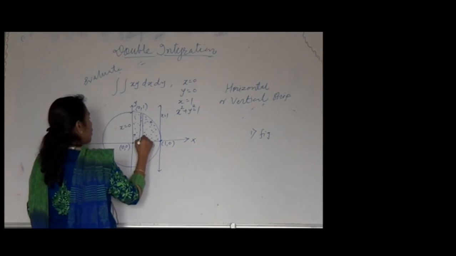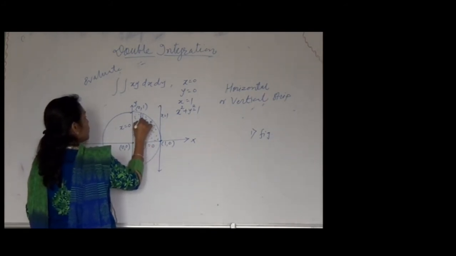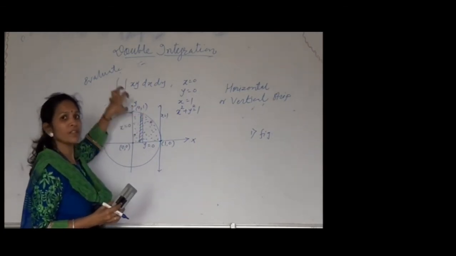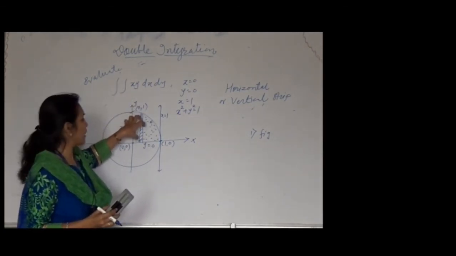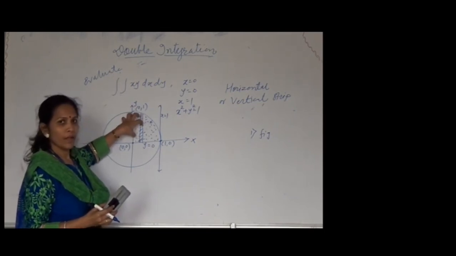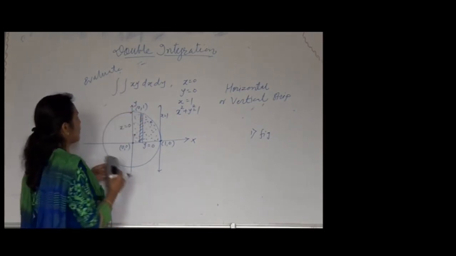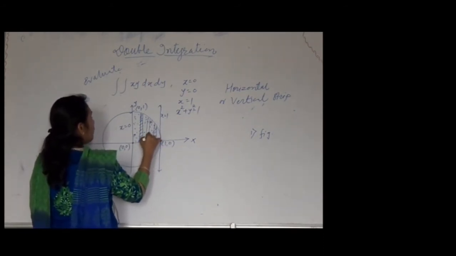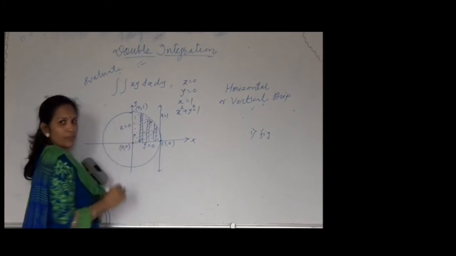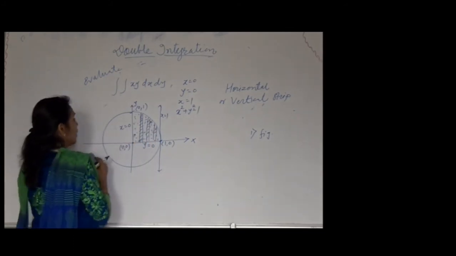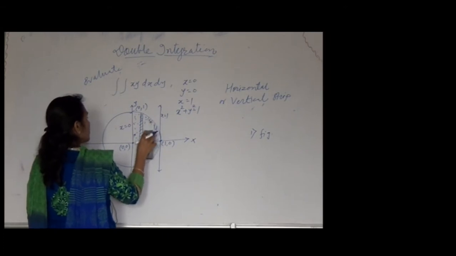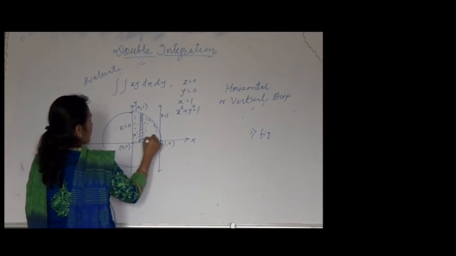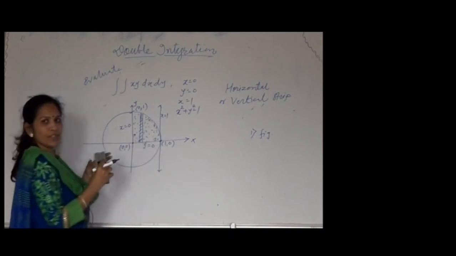If I draw the horizontal strip, first of all I have to remember that wherever in this shaded region I draw the strip, it should lie on the same two curves. Anywhere in the region, everywhere the curves must be the same. Now let us see the horizontal and vertical strip, and what the condition is for drawing the strip. Let us draw the vertical strip.